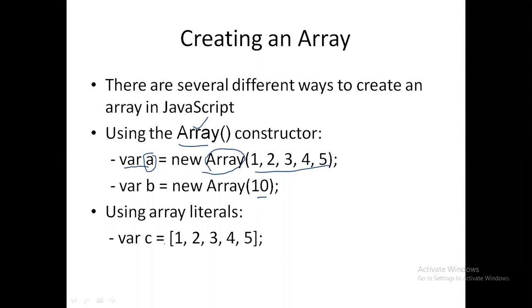Okay, or I can give the literals like this. I can say c is equal to, I can specify this. So for JavaScript, we don't have any restrictions. I can use either this one or this one. If you go for C and C++, we will be using this particular form. If you're going for Java, we'll be using this one, and for C++ I'll be using these square brackets. So JavaScript uses either this or this. So I can go for it.